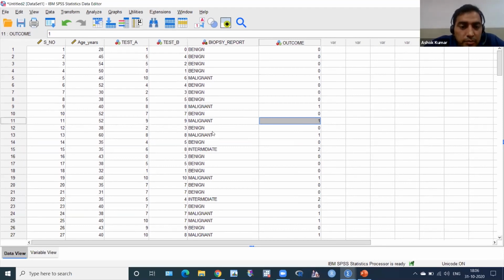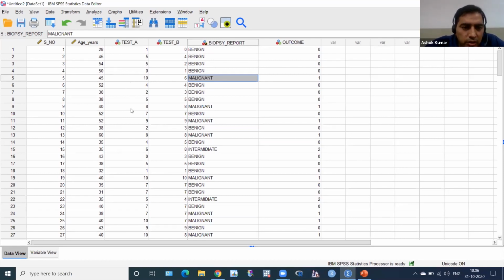We are detecting malignancy here, not benignness. We perform test A and test B on the subject, and after that we perform a biopsy. In the biopsy they get malignant, and in test A and test B they get some marks.